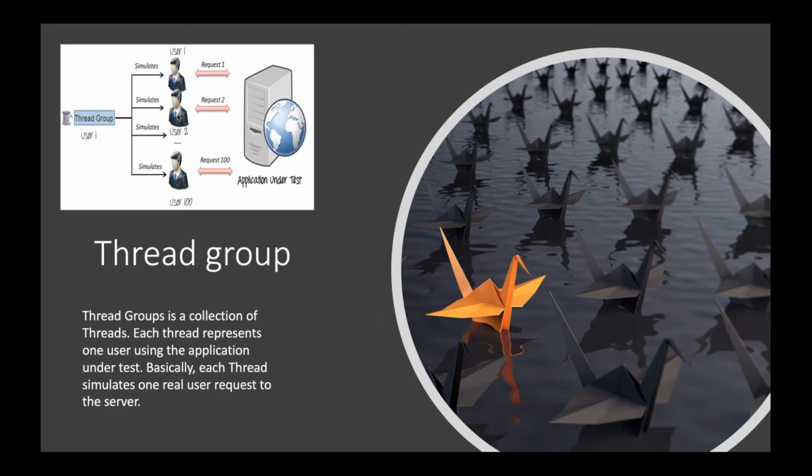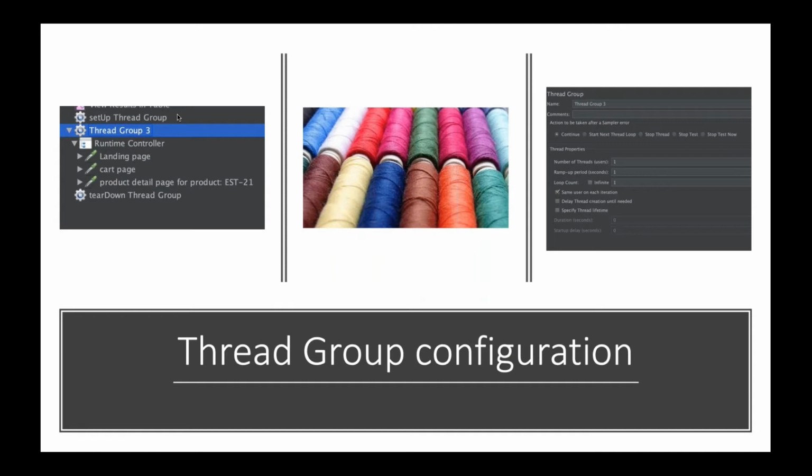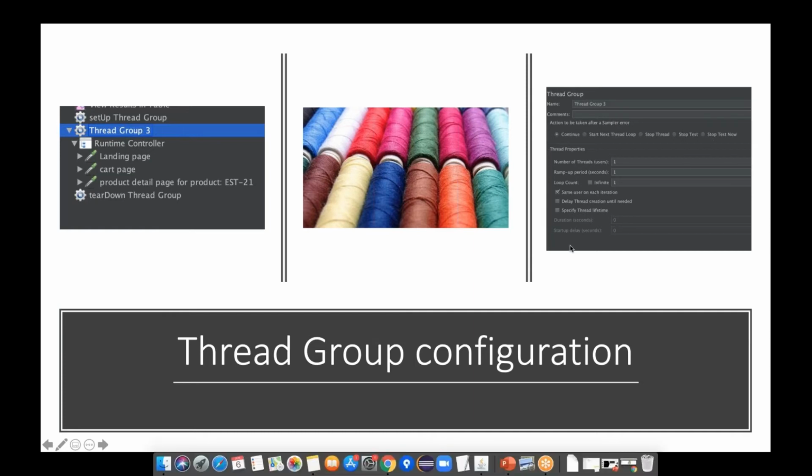So we are trying to simulate the performance or load scenario through the tool called JMeter. In JMeter, the thread group is the one that does this. In the same way, let's try to understand what other config elements we have in this thread group. Here we can see in the diagram,